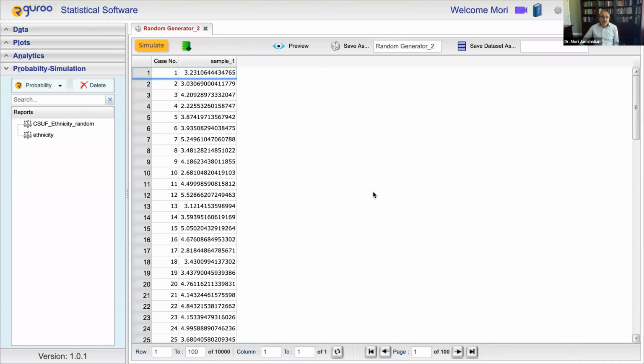Okay, so right here you can see that quickly I got 10,000 samples. At the bottom here it says 1 to 10,000. So what I want to do is show them what a sample from a uniform distribution looks like. I notice here I want to save this data, but there are 2 save as options. Let me write uniform